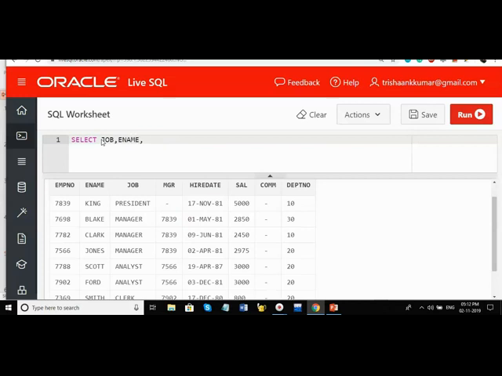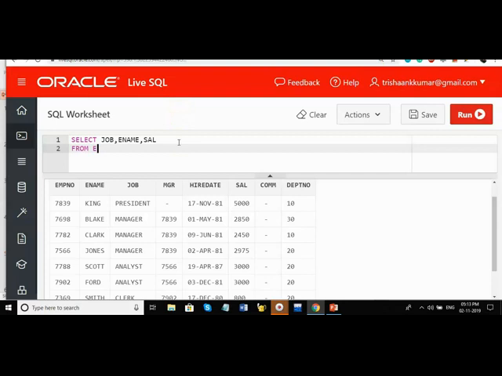In order to know what we are displaying, we should first display the job, then ename, then salary. If you don't display salary, records still get displayed, but to understand that this salary is greater than 2500, I'm taking that particular column.